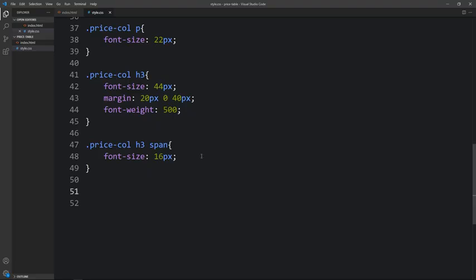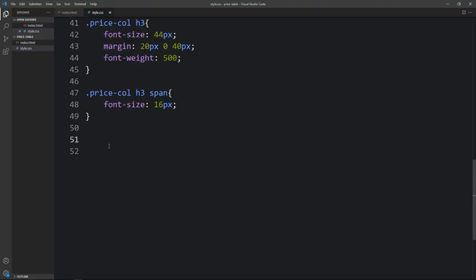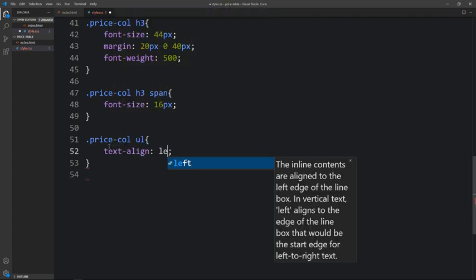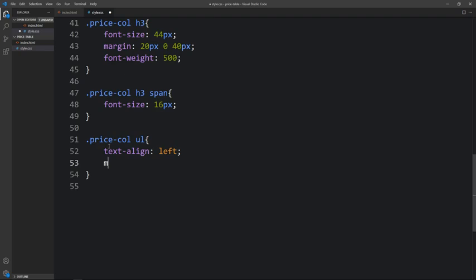So let's come back, and again we will add the same class name, which is price col, and in this price col we have the list in UL. So for this UL we will add text align left, so it will be in the left side. Then we will add some margin, and after that we will add color. So the color will be DDD,